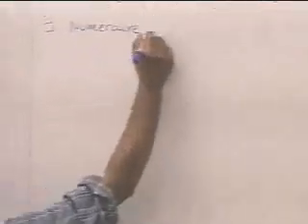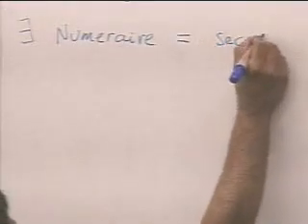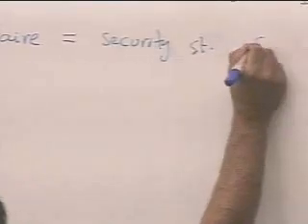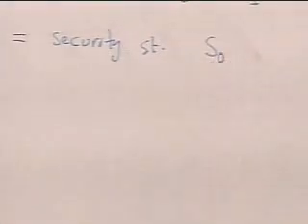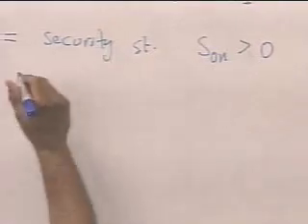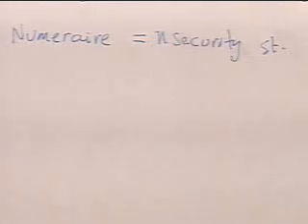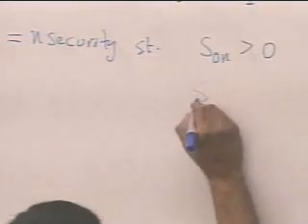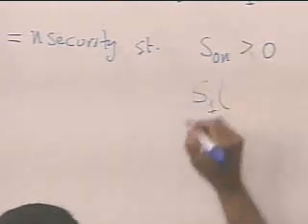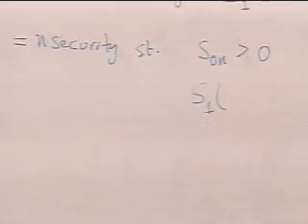And a numeraire is just a security such that its price, let's say S0N, is strictly positive. If N is the numeraire, let's call the nth security the numeraire, then I'm assuming that its price today is positive, and its price tomorrow in any state of the world,